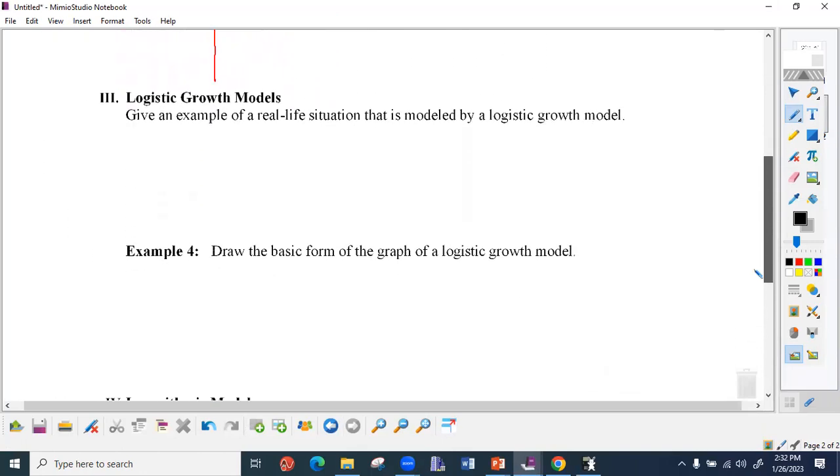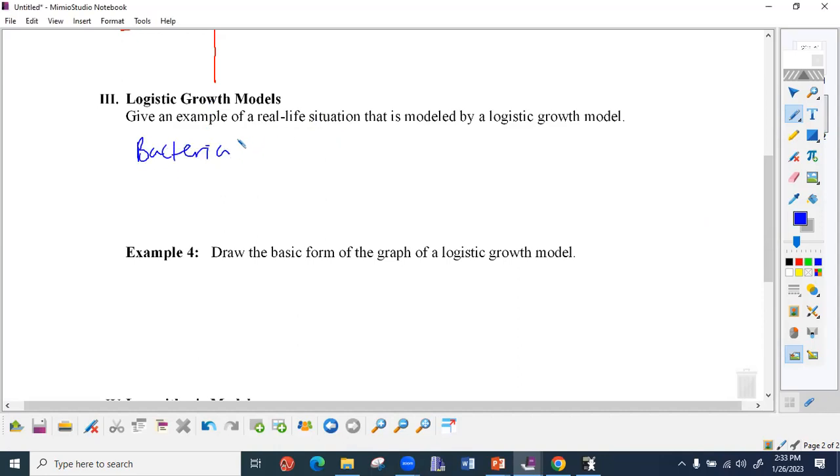All right. Next, logistic growth models. It says, give an example of a real life situation that is modeled by a logistic growth model. The only example that I could come up with was a science-based example, and it would be bacteria cultures. So if you have a bacteria culture that is initially allowed to grow under ideal